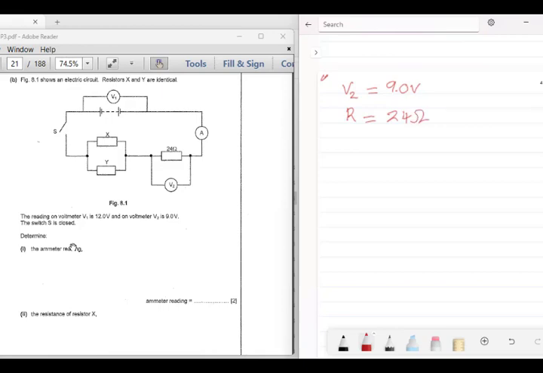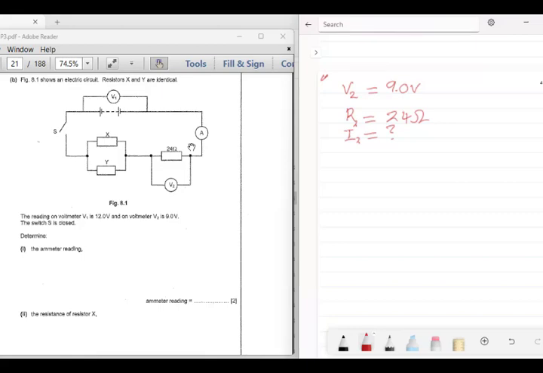Using Ohm's law, we are to determine the current through the resistor. I'll call it R2 because the voltage is V2, right? So what we notice is that the current that passes through the 24 ohm resistor is